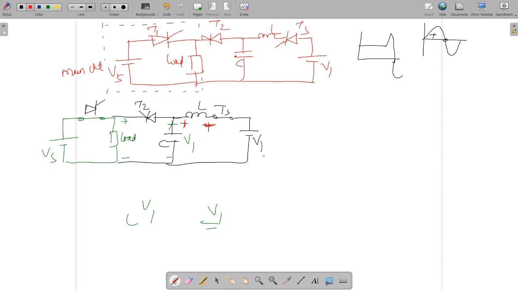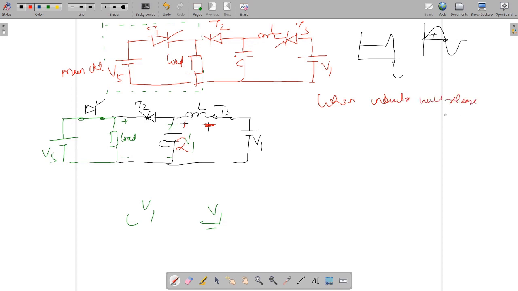because you know initially this voltage was providing energy to the inductor and the capacitor. So an equal amount of energy was there in the inductor and an equal amount of energy was there with the capacitor. So it means that your capacitor will charge to a voltage of twice V1 when the inductor releases all its energy. So now you have twice V1 across the capacitor, with plus and negative as shown, when the inductor releases all its energy.